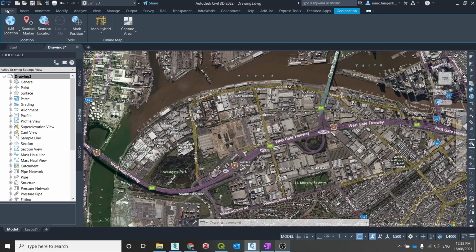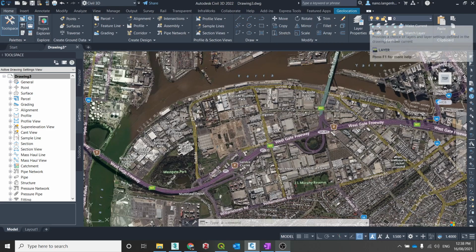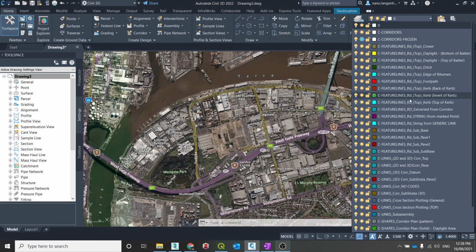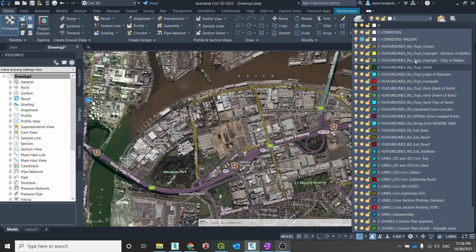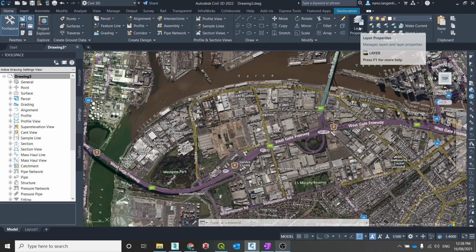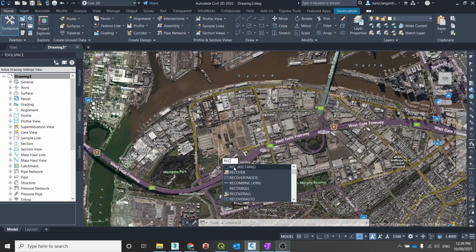So I could make myself a new layer. You will notice with Civil 3D, and particularly with the template files, that Civil 3D creates a bunch of very logically named layers for you. So you might want to make a new one. I'm not sure. It's a bit funny about making new ones. So I might just keep this on 0 for the moment. Yeah, I'll do that. And then what I want to do in here is just type in REC for rectangle,